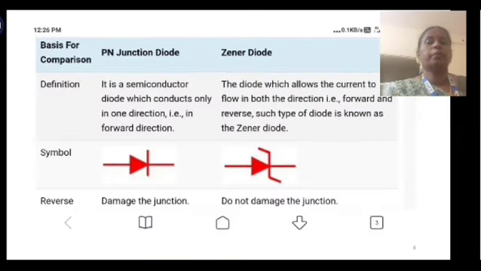And if we compare the PN junction diode and the Zener diode, the PN junction diode conducts current only in one direction, that is the forward direction, but the Zener diode